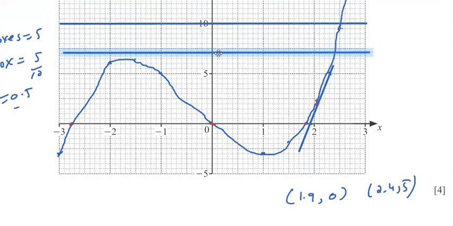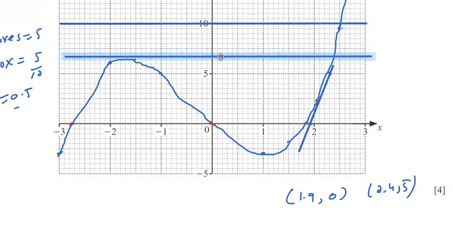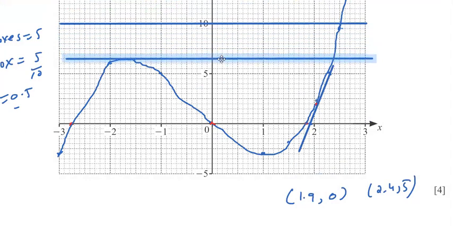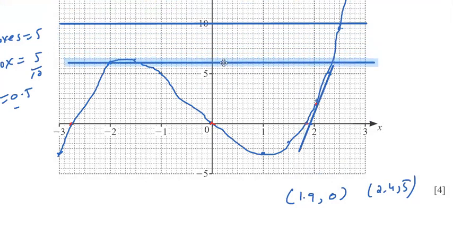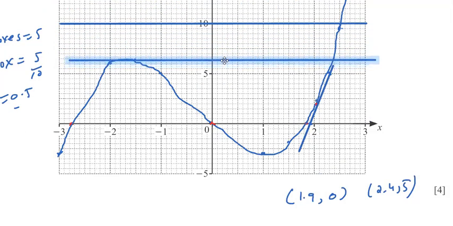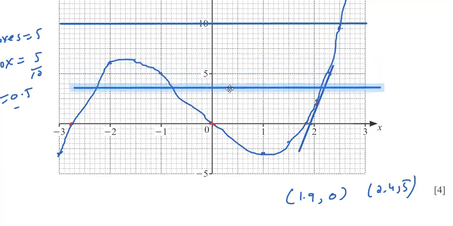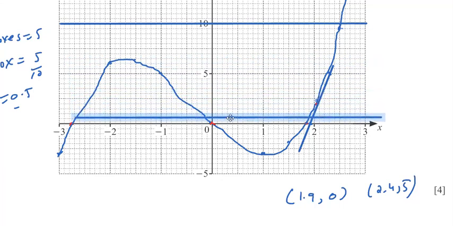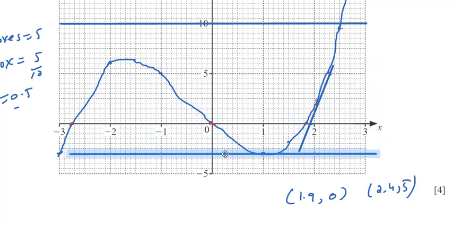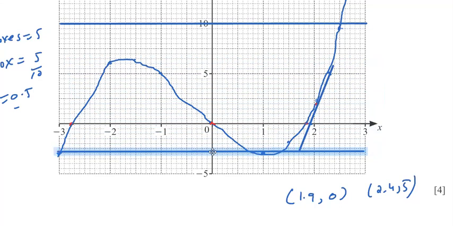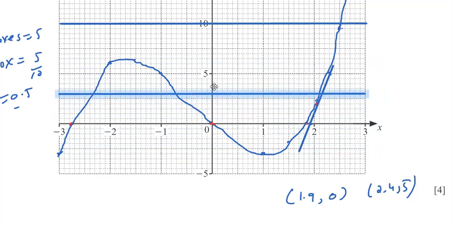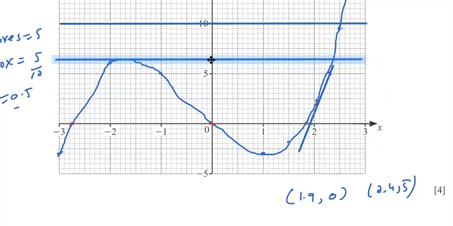If I bring it down, now it will have 2 solutions. At this point, it will have 2 solutions. But under it, it will now have 3 solutions. So this is the largest value where it has 3 solutions. Coming below it, till this one, it will have 3 solutions. Because this is the least value where it will have 3 solutions. And then this is the largest value where it has 3 solutions.